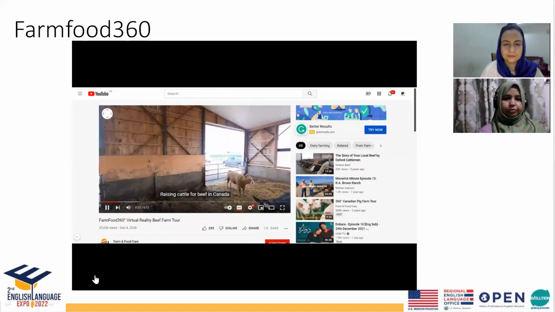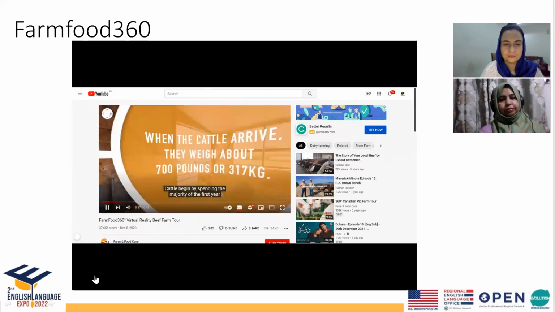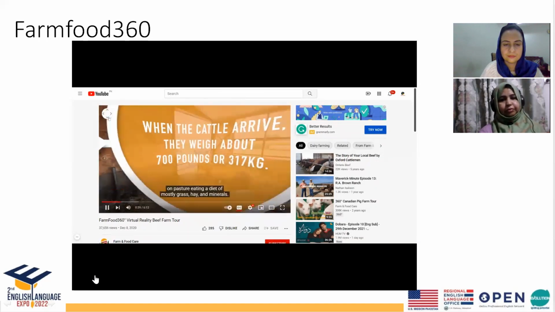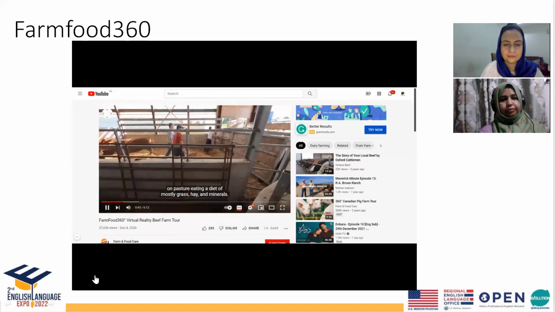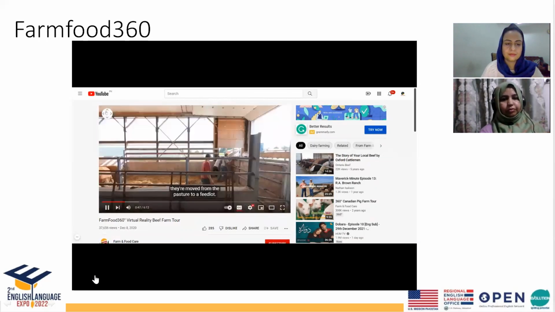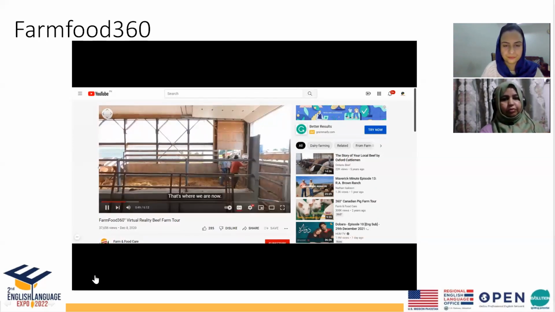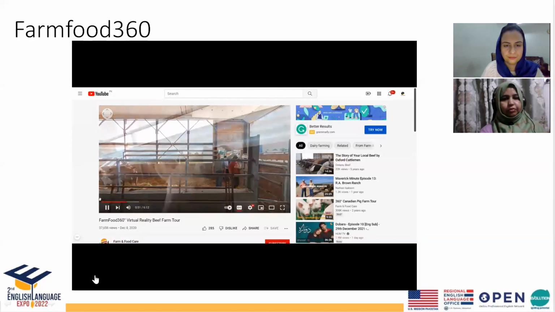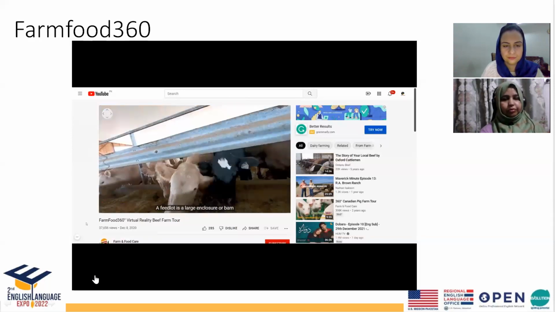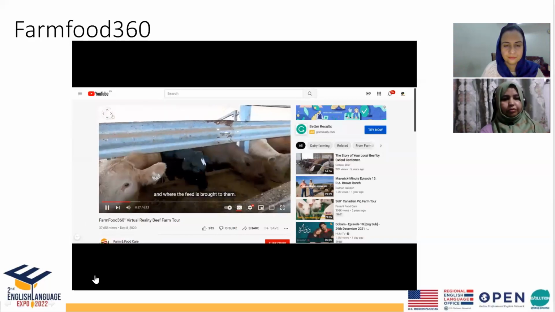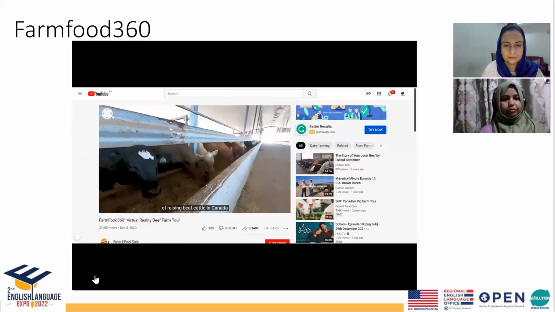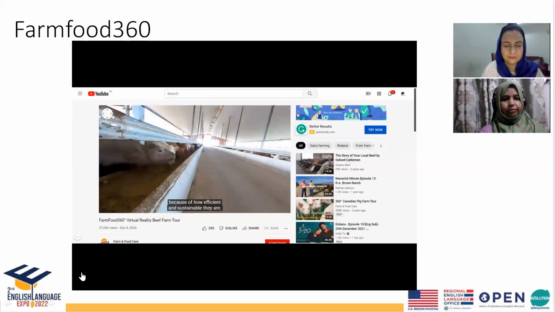Raising cattle for beef in Canada has a few different stages. Cattle begin by spending the majority of the first year on pasture, eating a diet of mostly grass, hay, and minerals. When the cattle reach a certain weight, they're moved from the pasture to a feedlot. That's where we are now. A feedlot is a large enclosure or barn where the cattle are kept and where the feed is brought to them. Feedlots are an important stage of raising beef cattle in Canada because of how efficient